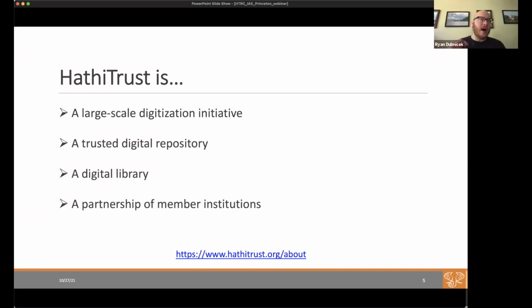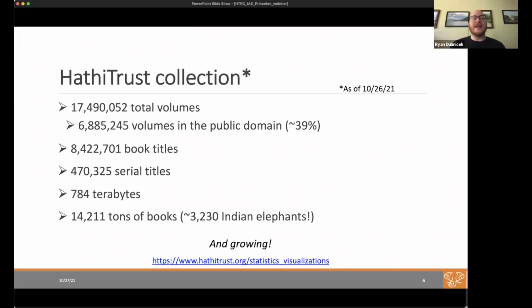So HathiTrust has a lot of different aims and goals, and has a governance that comes from its member institutions. So a little bit atypical to some other organizations, perhaps. So within the collection itself, within the digital library, there's just under 17.5 million total volumes. Of these volumes, just under 7 million are in the public domain, which is about 39%. This equates to 8.4 million book titles, 470,000 serial titles, 784 terabytes of data,